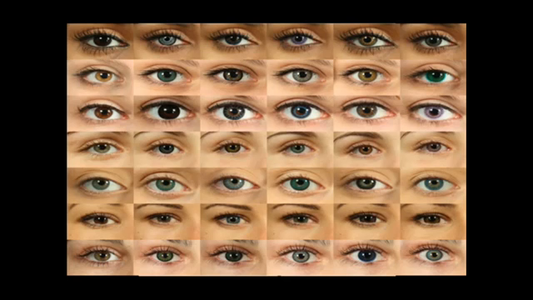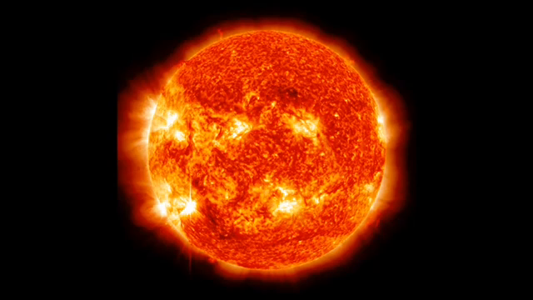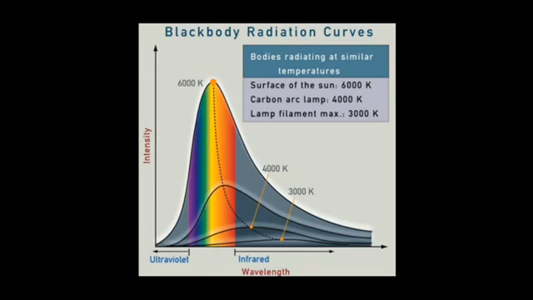Now back to physics for the final run. With this new knowledge of blackbody radiation, we can look at the main sequence stars far away and see what colour it appears, and then we can work out its temperature solely from its colour. 61 Cygni A is red, and so its temperature would be about 4500 degrees. Whereas Pi Andromedae is blue, and so we expect its temperature to be about 15,000 Kelvin.